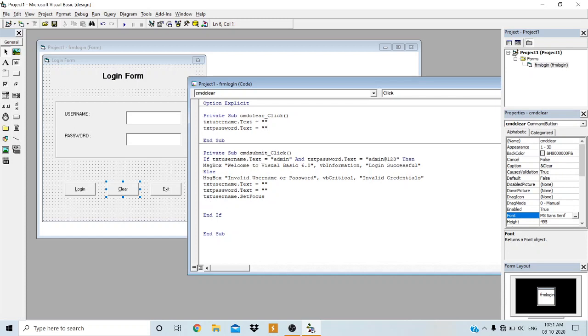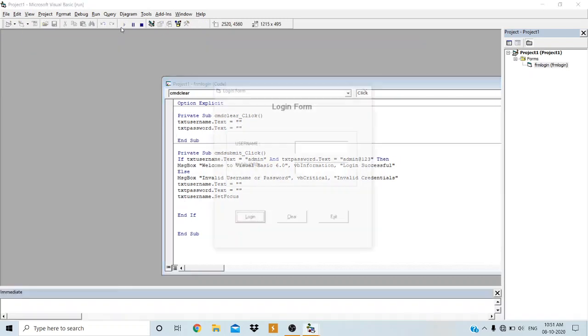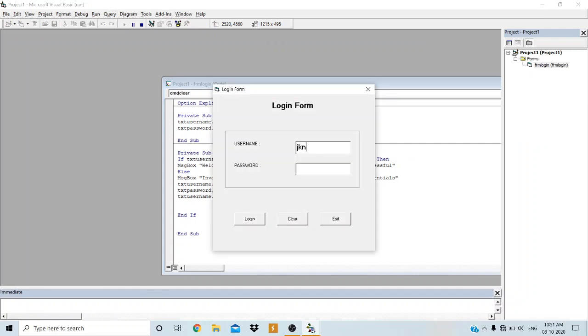Then after clearing, just observe here, if I enter some information and click on clear, both the text boxes are cleared, but none of the text boxes is focused. Generally the first text box, the username text box, has to be focused. The cursor should be blinking on the first text box.